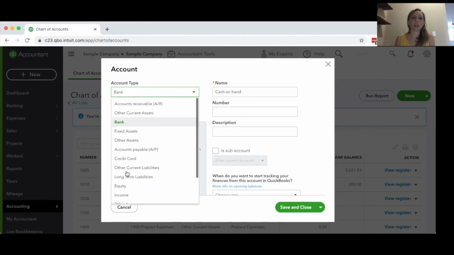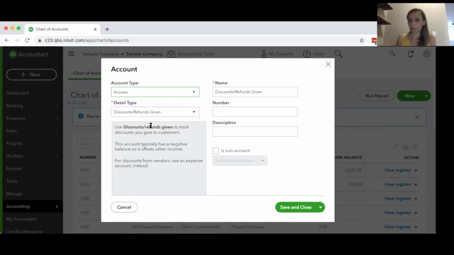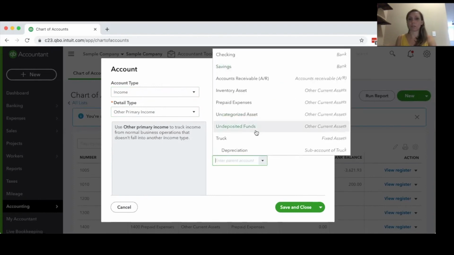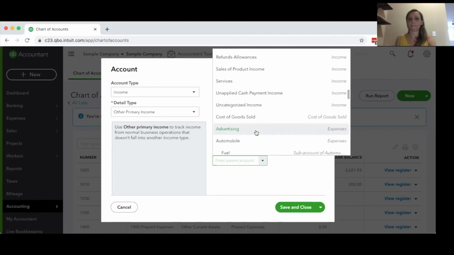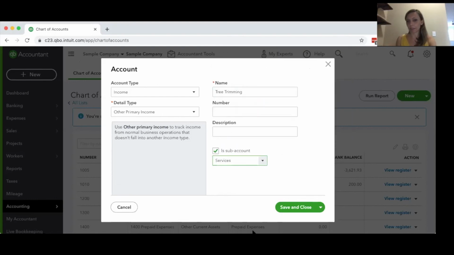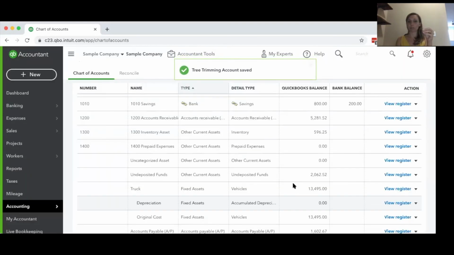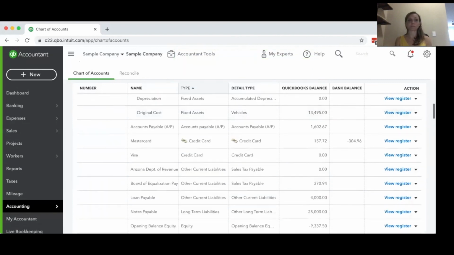So I'm going to set up, let's say, an income account. And it's going to be another primary income account. And we're going to call it tree trimming. And I want it to be under services. Again, this is just giving you an example. You save and close. And then this is now going to be a sub account of services. And what I mean by that, again, just to quickly review,